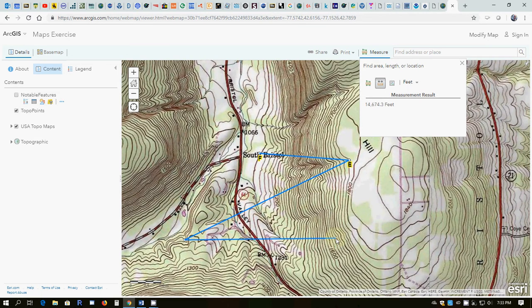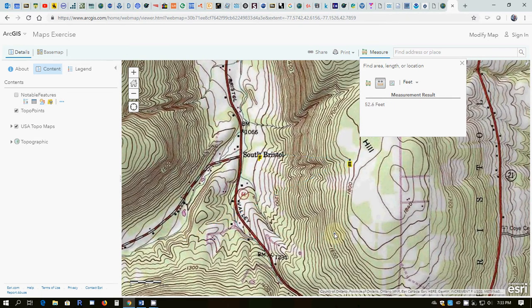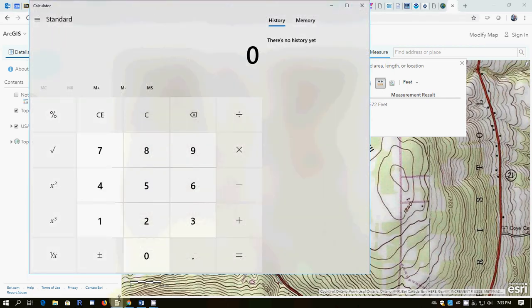Now given that we know the change in elevation, 680 feet, and the distance, 3,121.8, I can visit my calculator. There it is, my computer calculator, and I can divide rise over run, or change in elevation over change in distance, by going 680 divided by